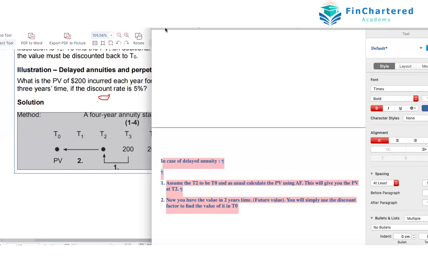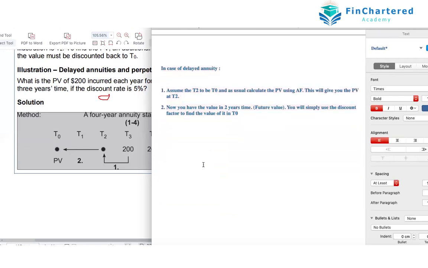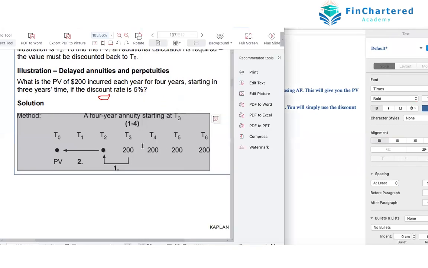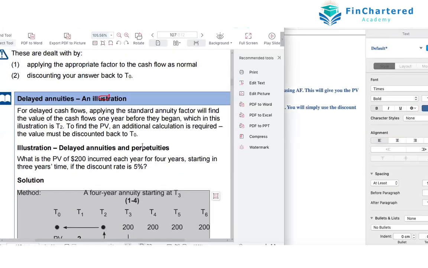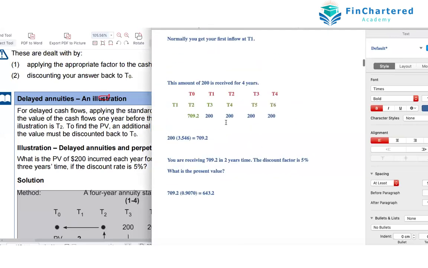Yes. Now we will look at the second approach, which I don't know if you find easy or difficult. But again, these classes are happening so that you gain knowledge. It should help you in your job and in the future. Maybe the second method is easy. Let's quickly look at that. Look back at this question. It says that you are receiving 200 each year for 4 years, starting in 3 years' time. So again, this same thing will apply. Basically, there are 6 years there.